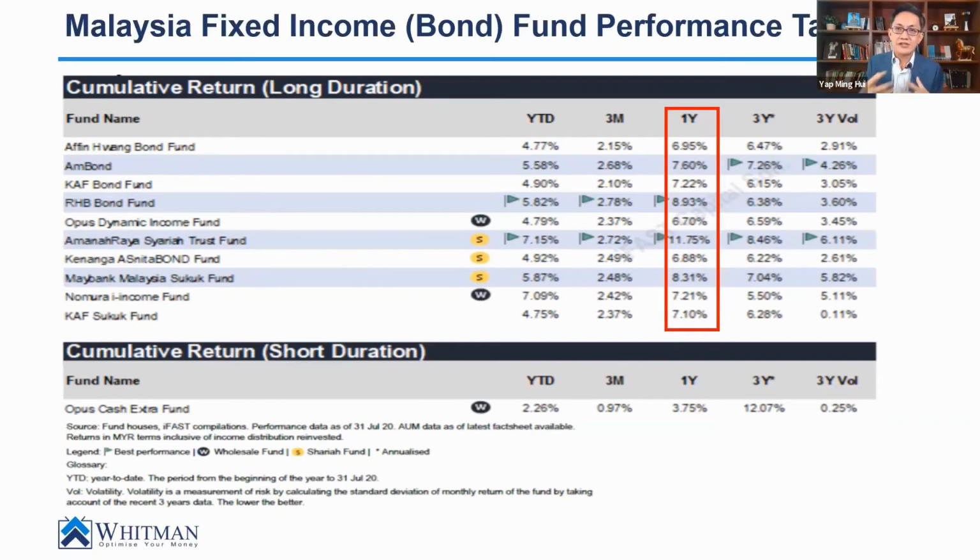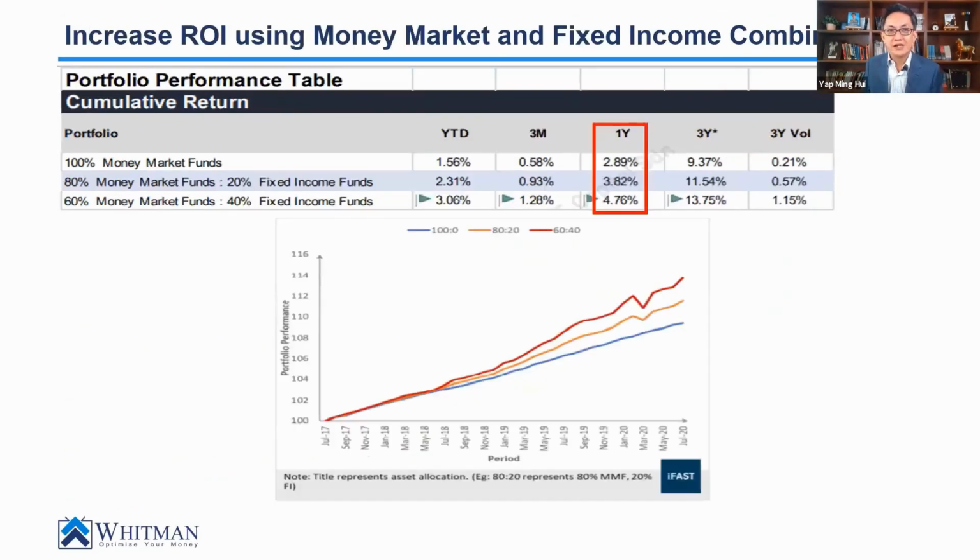So I always advise investors that you don't have to choose a black or white solution. We can do a combination, a gray solution. What do I mean by that? If you save 100,000 in fixed deposit, and you really cannot stand the fact that the interest rate is so low, and you want to increase the return, and you are a very low risk investor, you can take the money out and put 100% into a money market fund. And that may give you a return based on past performance of about